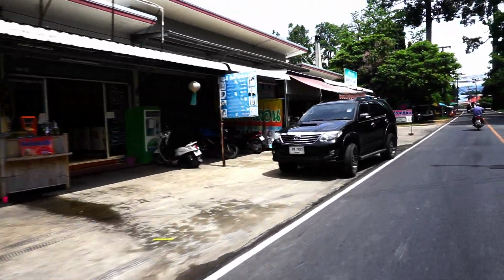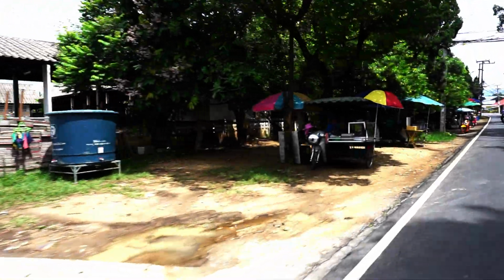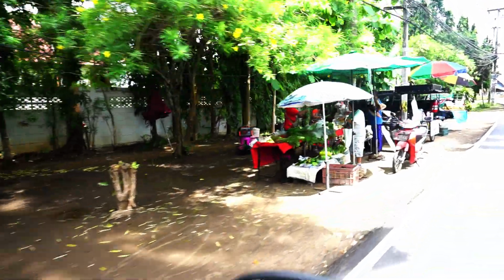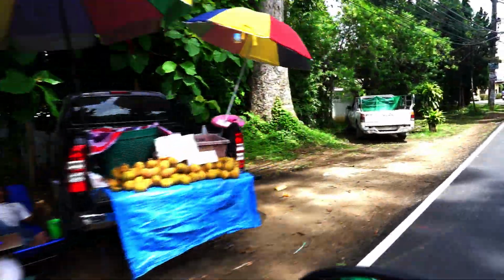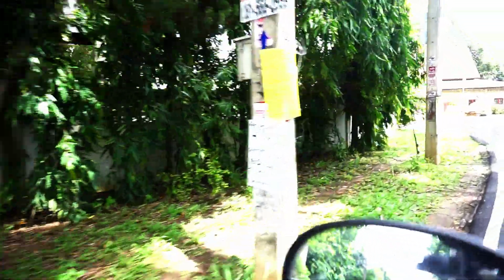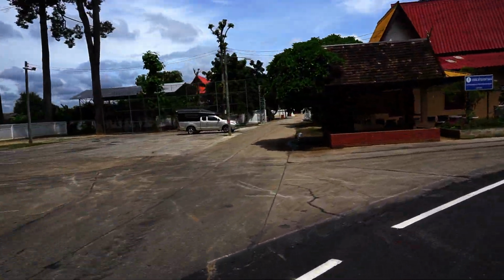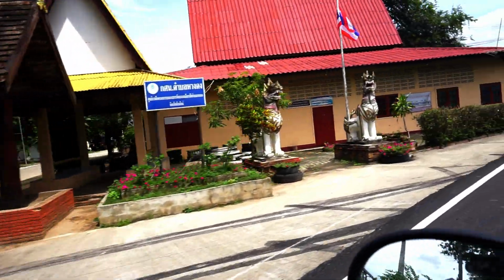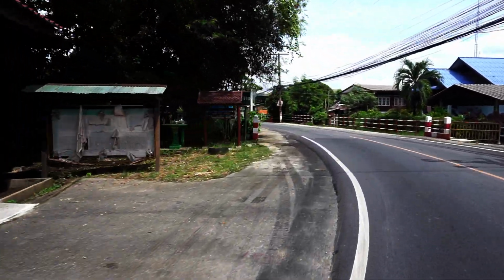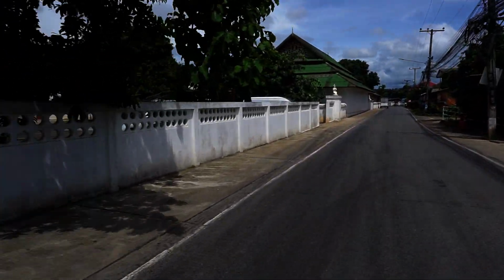And up here on the left, this has just started. People began showing up on the side of the road selling fruit and vegetables. The reason they do this is they don't have to pay any fee to the city, and they don't have to go in the market, which gives them a little extra money. And now up on the left here is the temple. You can hardly see it from the road, but it's the temple for this little area back here. And up by this store, we're going to make a right and get back down inside the village